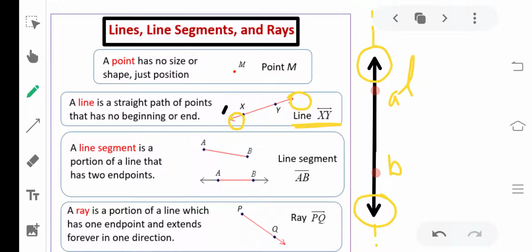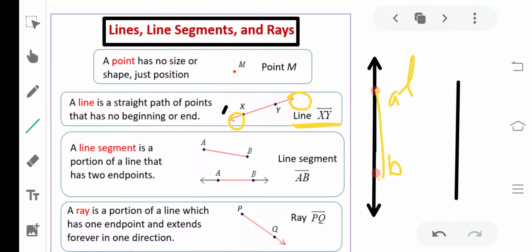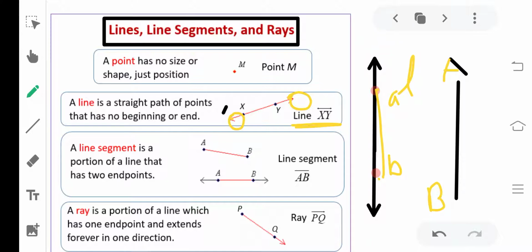A line segment is a portion of a line that has two endpoints. Means the line segment has a certain position. See in this you will get that in this position, from point A to point B, this is your line. As I will show you, if you draw this line you will get your segment, known as segment AB. Means if we join the two distinct points A and B using a ruler, we get a line segment AB.